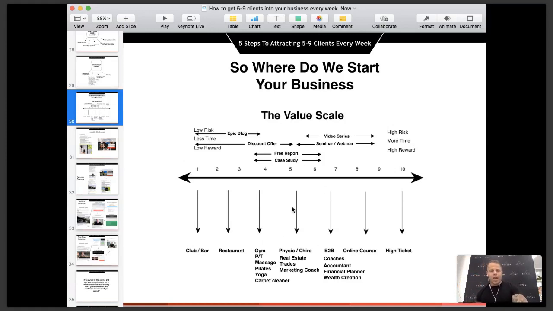So with this, we have essentially the physios, the real estate, the tradies. You can market a report. So the tradie on here as well, we're looking at essentially the renovation. The top 3 things you must avoid when renovating your kitchen. So if someone owns their house and they're looking at renovating, they're going to click there and read this blog post, and then on the bottom of the blog post, what you could do is say, call us up, we'll come down for a free consultation and free render.